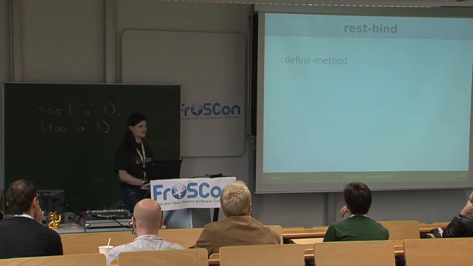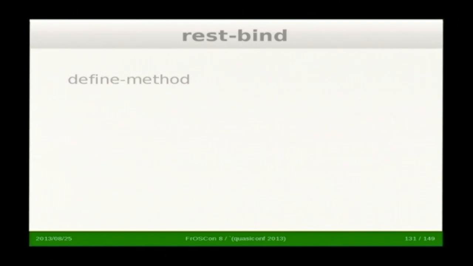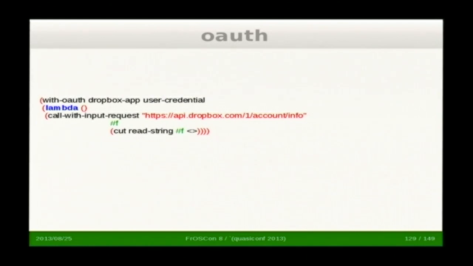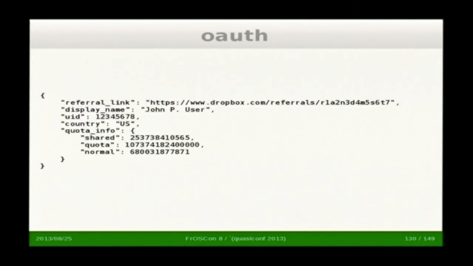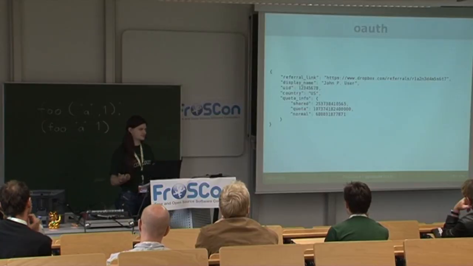And then we have this thing called REST bind, which is for binding to not just REST APIs really, but any kind of HTTP API. As you saw here, if you want to make a call to this endpoint, you've got to call it with the HTTP client and pass in these things, and then it returns you something that you don't really know what to do with, right? This isn't useful. This is a string that you've got to pick apart somehow and read it with a JSON reader